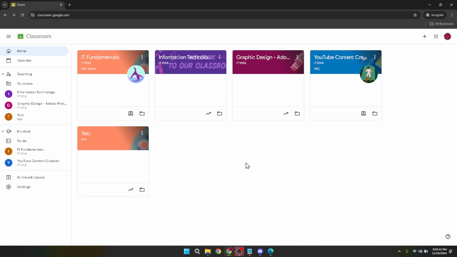to enhance your productivity. Before you go, here are a few more tips. Consistently check back into your Google Classroom to not only rearrange classes as needed, but also to stay updated with any new announcements or assignments. Additionally, exploring other features within Google Classroom can further streamline your educational experience, from setting up notifications to joining or creating class discussions. We hope this guide has been helpful in showing you how to rearrange classes in Google Classroom, making your digital teaching and learning space a bit more tailored to your needs.